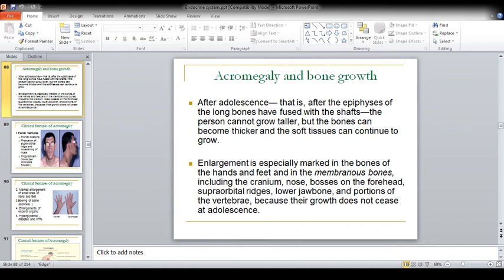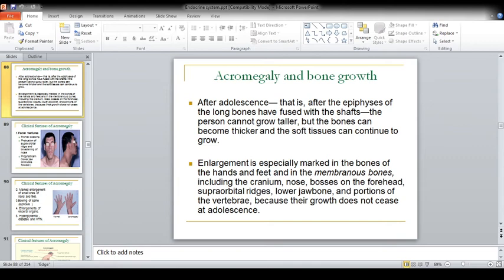So what happens if there is under secretion? If the growth hormone is not being secreted enough, what happens? The condition is known as dwarfism. This occurs in children where there is not much production of the growth hormone. So if the growth hormone concentration is decreased, if secretion is decreased, it would cause stunted growth